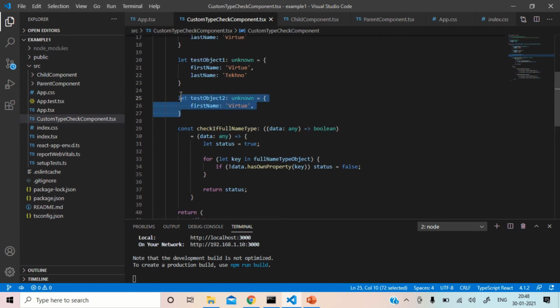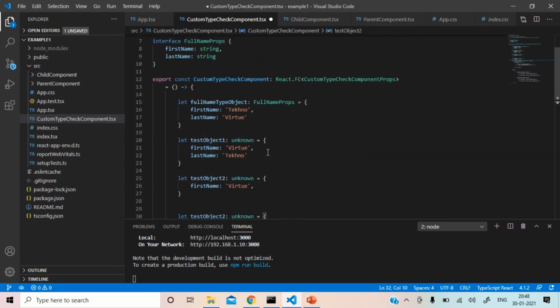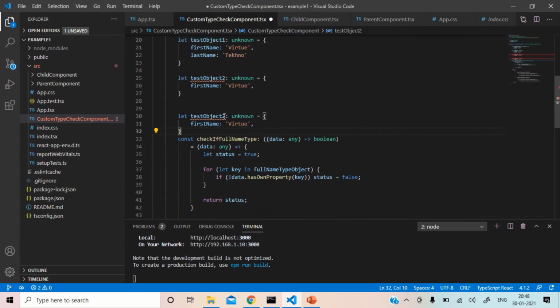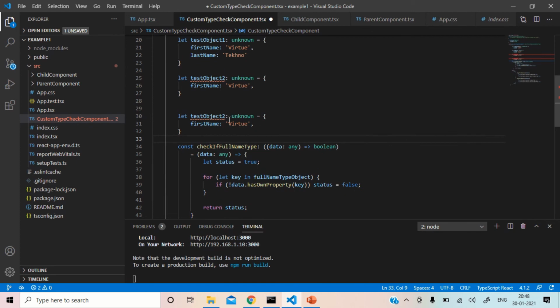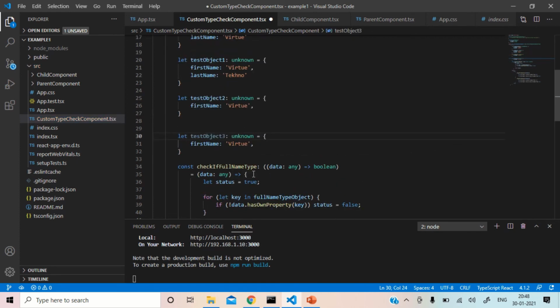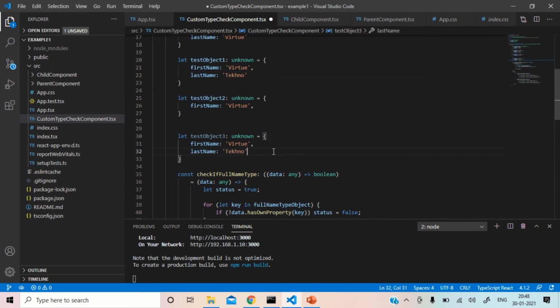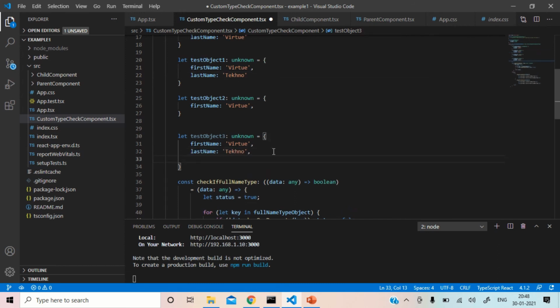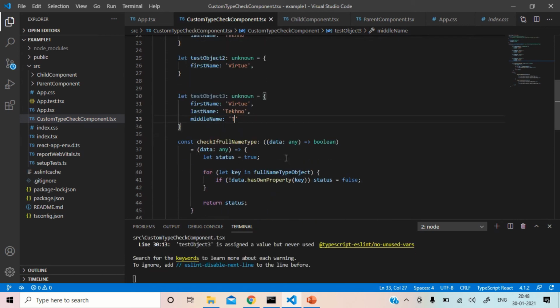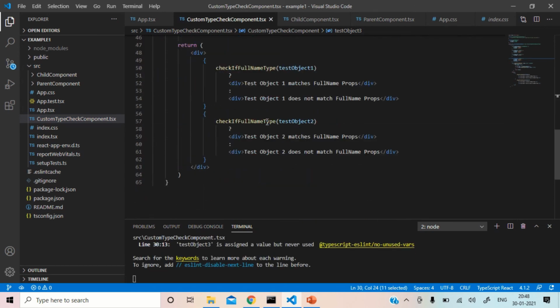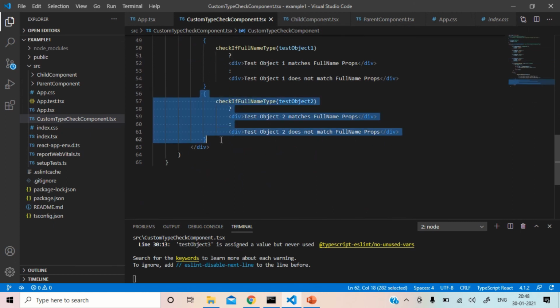Now let's consider a third object which has all the properties from FullName, but it has extra properties as well. In that case, we need to make sure we maintain the type checking correctly. So suppose this one also has a middleName, T. So if we pass this object again to the check,